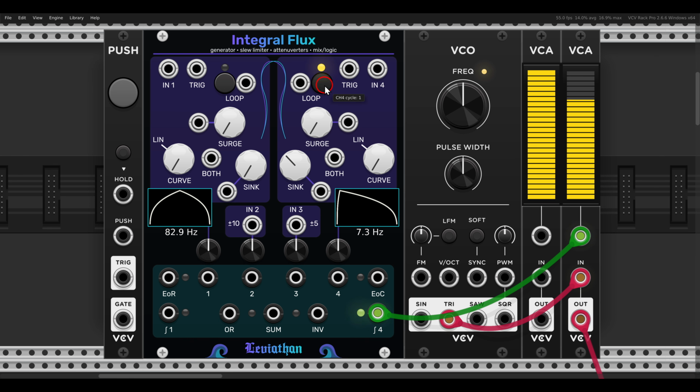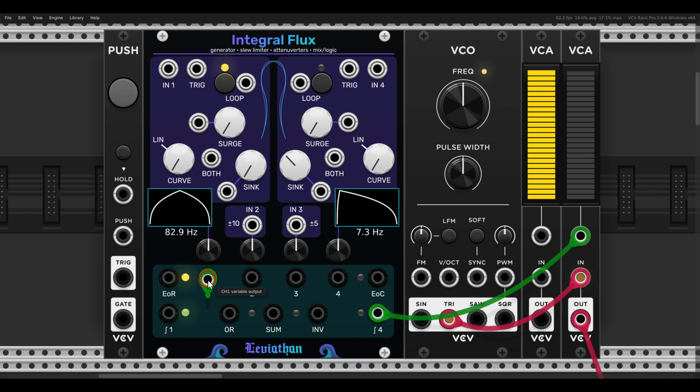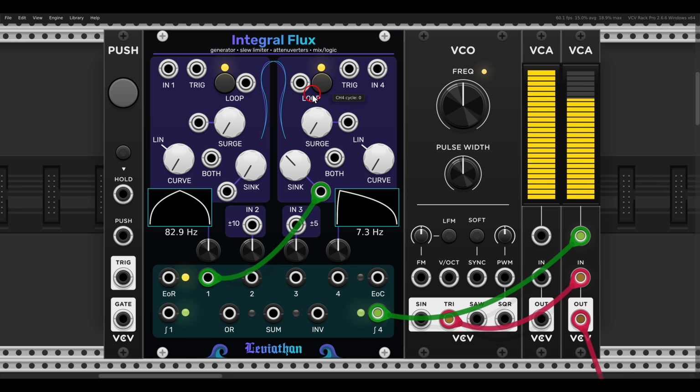And now we can use the left function to control the speed of this second function by first of all looping it and then sending it to the sync CV input. Now I'm going to use the first output here, you see the variable output, because here we have also built-in attenuation. So I will send this to the sync CV input, and then I can play with the attenuation and the envelope time. So again, I'm going to set this to loop and then change the envelope times, maybe make it even linear,